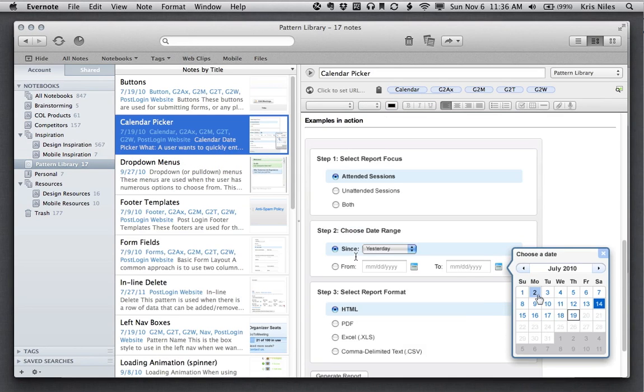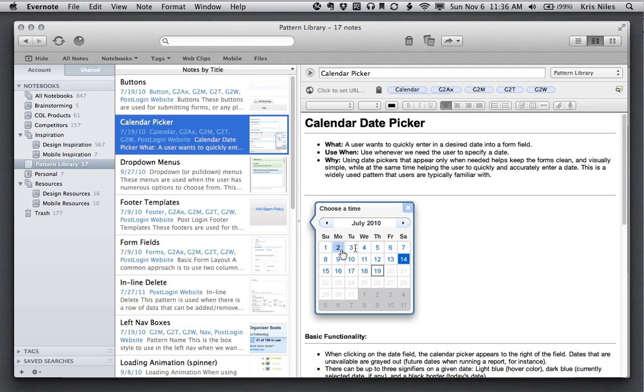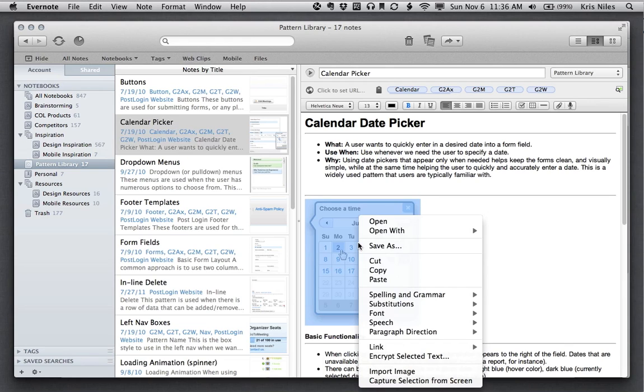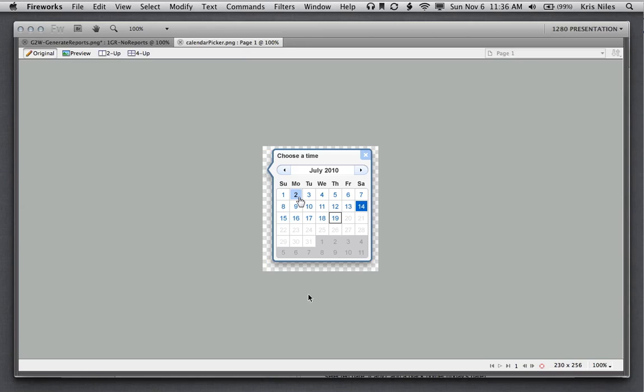One other little cool thing about Evernote is keeping these things updated. Say if we make any changes to the design, or as we work with web dev, we say, oh, it needs to look a certain way or be changed in any way. All I need to do is come in and right click on any of these Fireworks PNGs, click open, and that opens it up here in Fireworks. And if I make any edits to it, say I do want this to say November for everyone, I just make those changes, and then all I need to do is hit save on that, and you'll see I get